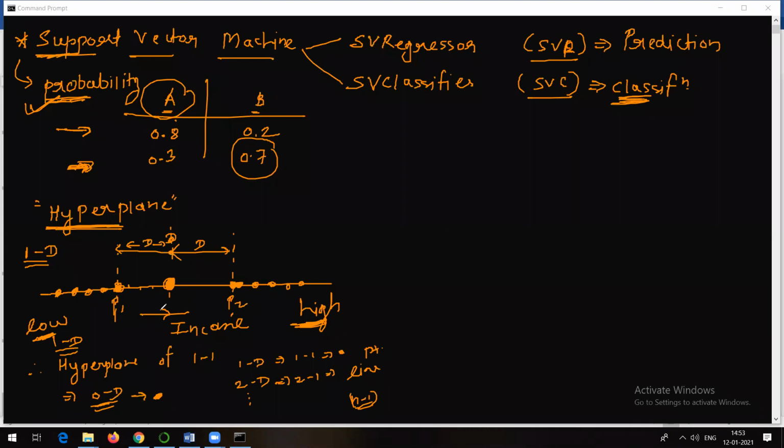Right? And that's why support vector machine makes use of a concept called the maximum marginal classifier. Support vector machine makes use of this concept, maximum marginal classifier. Let's see what it actually is. You will be in a position to understand why we are discussing all these things when we talk about the implementation also.